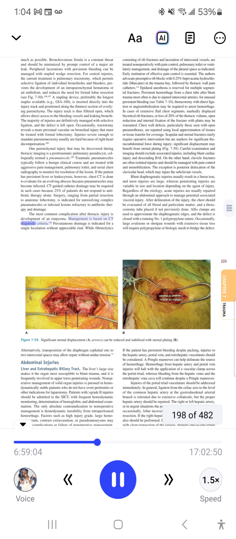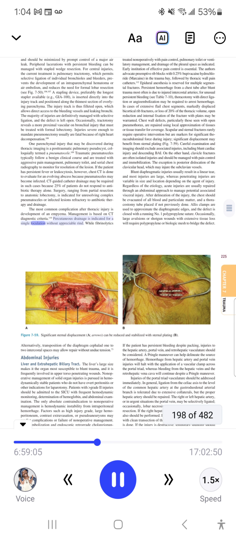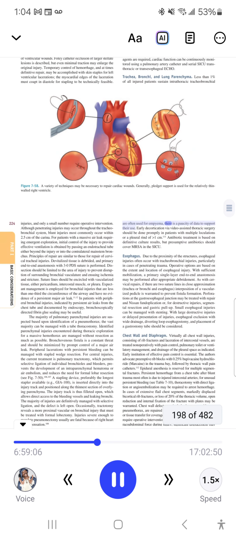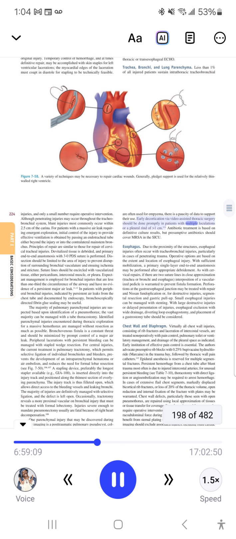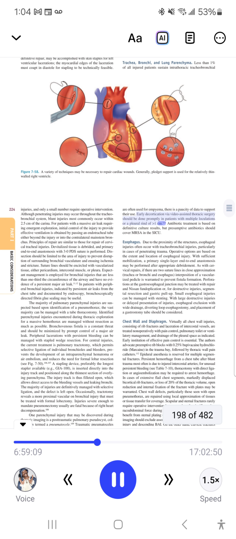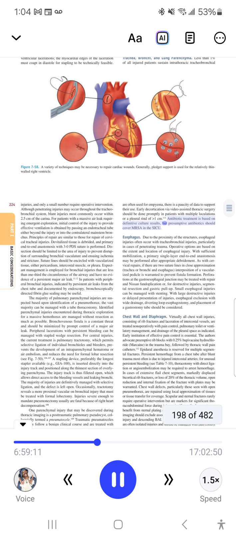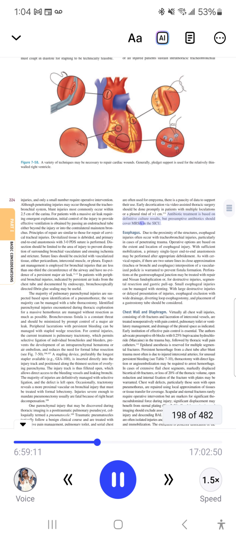Management is based on CT diagnostic criteria. 110. Percutaneous drainage is indicated for a single localization without appreciable rind. While fibrinolytics are often used for MPM, there is a paucity of data to support their use. Early decortication via video-assisted thoracic surgery should be done promptly in patients with multiple loculations or a pleural rind of 1 cm. 111. Antibiotic treatment is based on definitive culture results, but presumptive antibiotics should cover MRSA in the sick